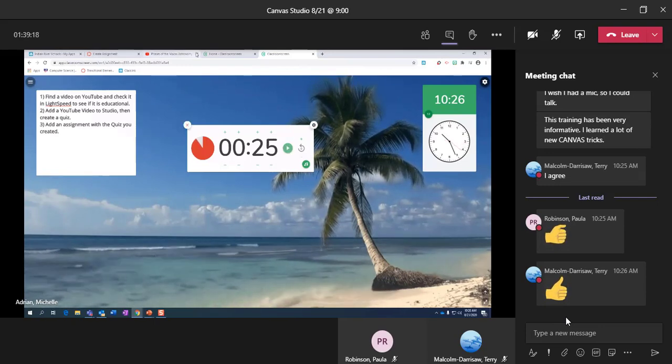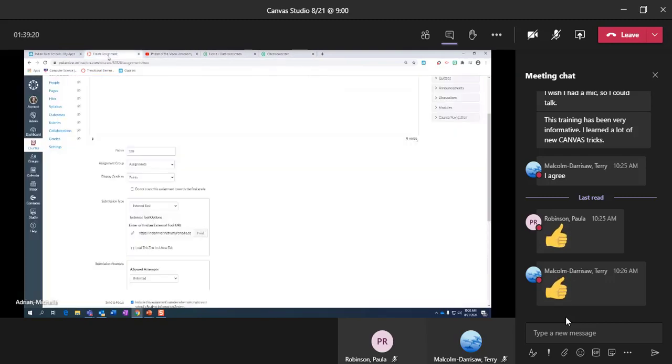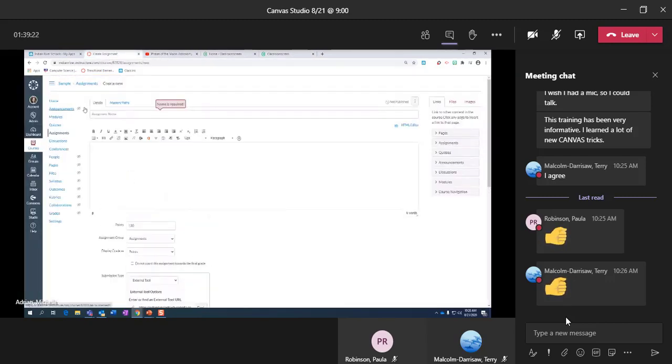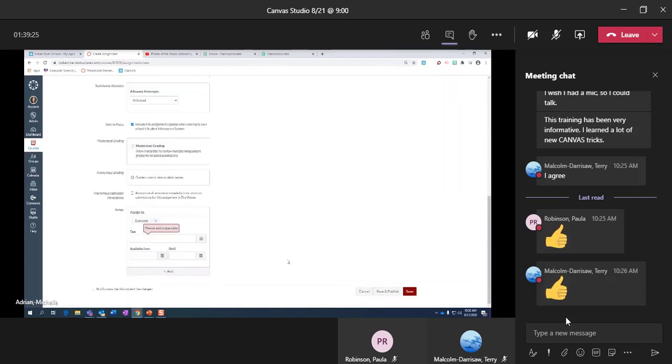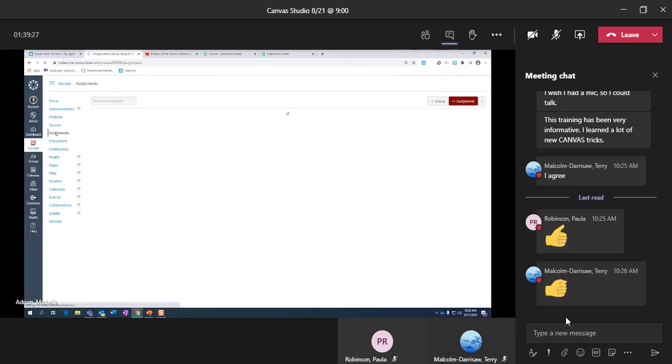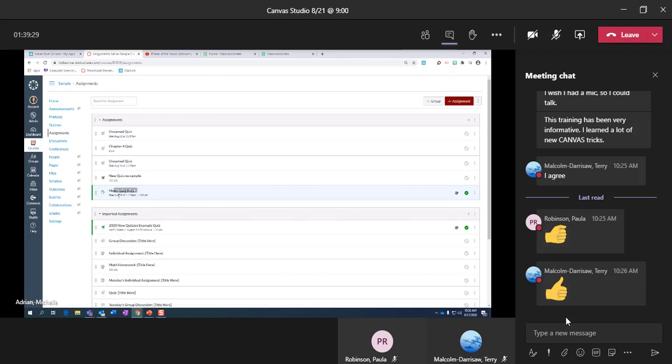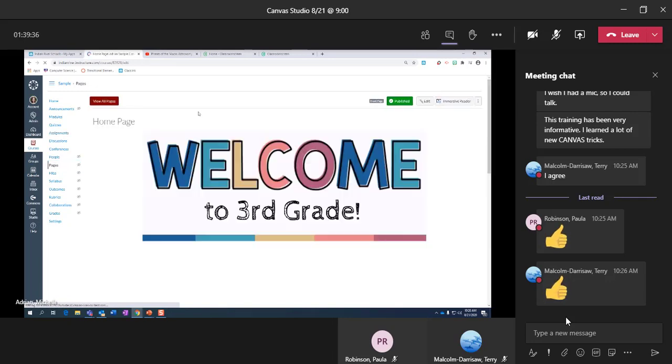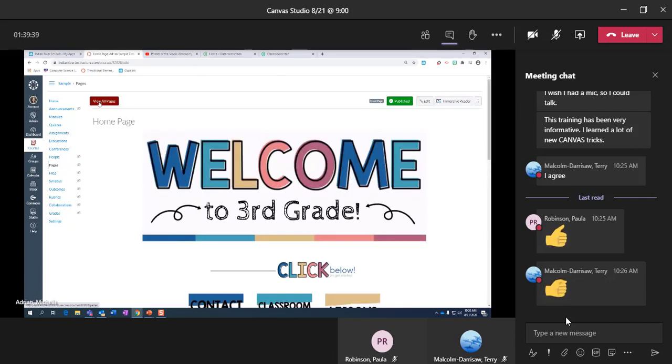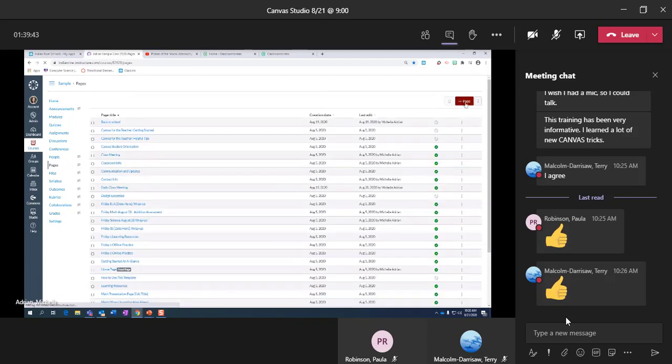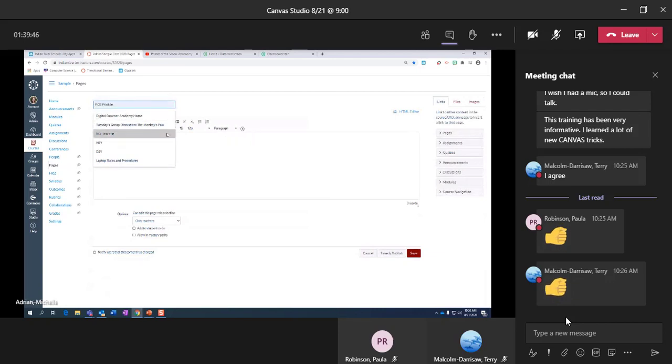All right, good. So the other way that you can add this, I'm going to go back and cancel this. There are two more ways actually. The other way that you can add it is anywhere that there is a rich content editor. So I'm going to add it to a page. If I go view all pages and then add a page, you can embed the video if you don't really care if it's the quiz,